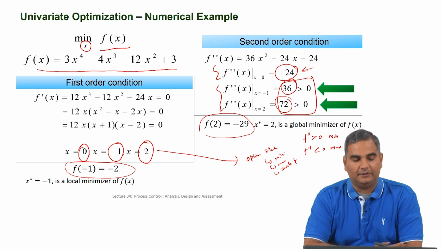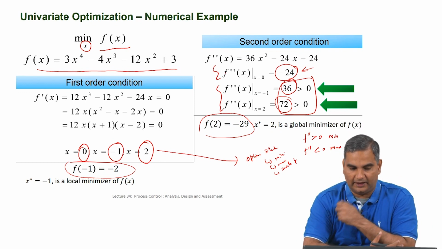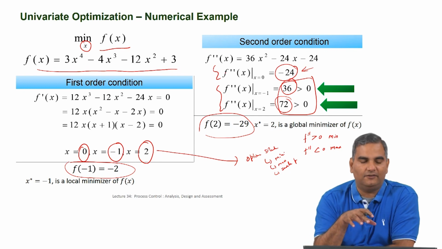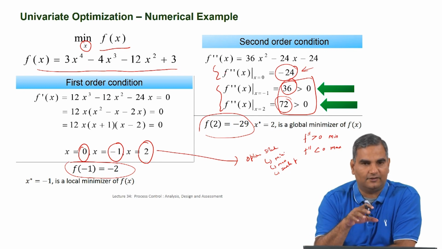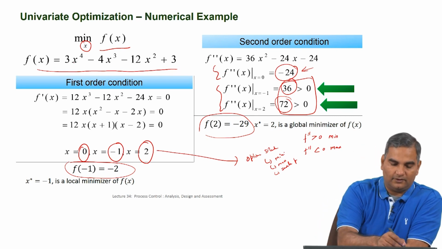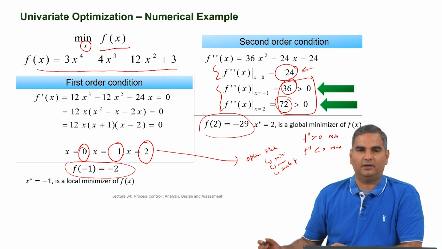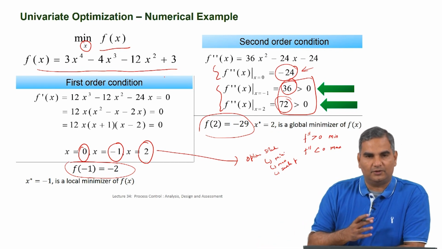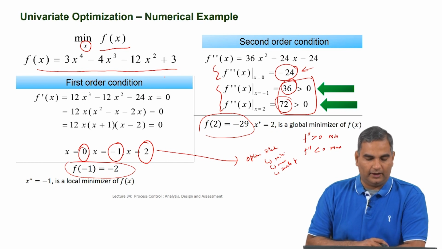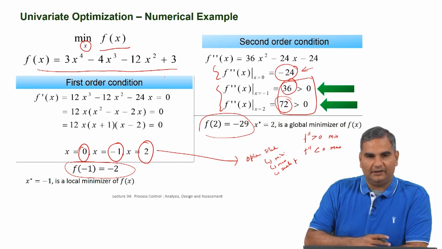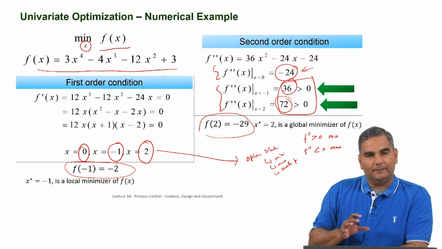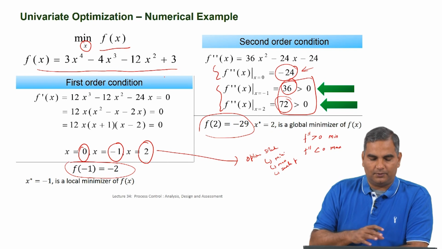Now if the same thing you have to extend it to multivariate case. So when we talk about multivariate, the function is still a scalar function, there is only one f. When we talk about multivariate, now instead of just one decision variable, there will be more decision variables that we have to make a decision about in terms of what values that they need to take. So how is the multivariate case handled is what I am going to show you in the next slide, and that is a simple logical progression of this.